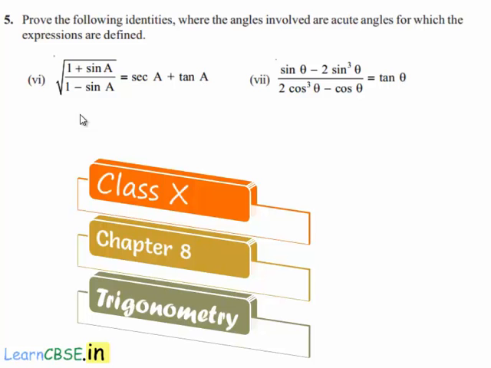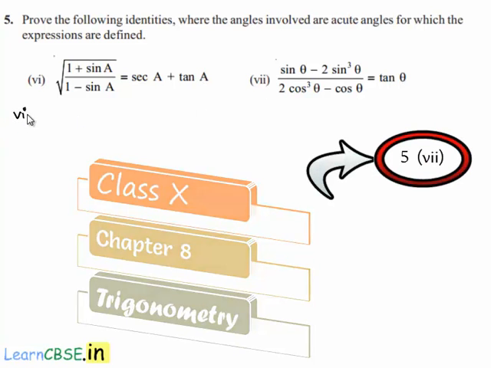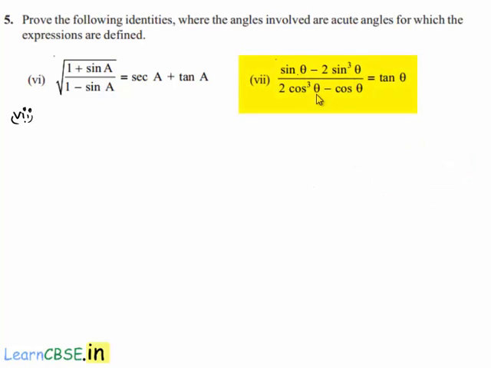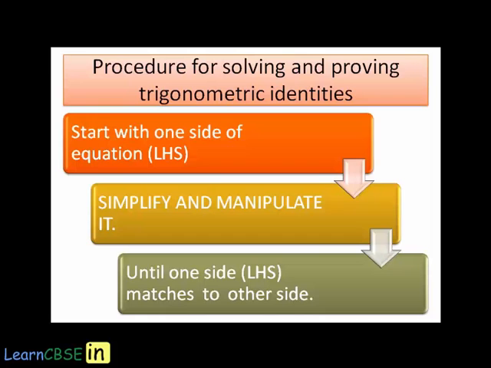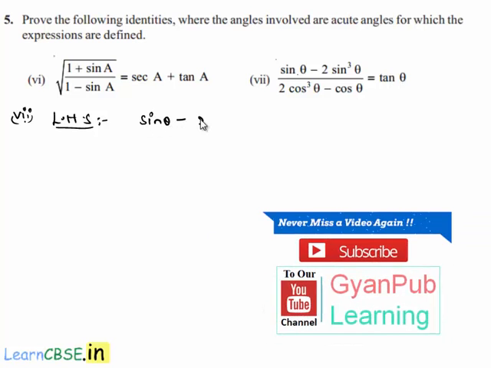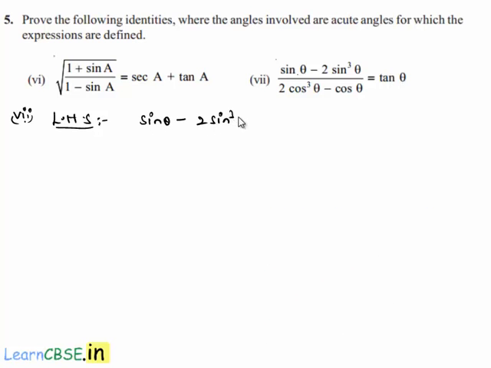Now moving on to the 7th bit of the 5th problem. He has asked us to prove that (sin theta minus 2 sin cube theta) by (2 cos cube theta minus cos theta) is equal to tan theta. In order to prove this, let us consider the left hand side, that is sin theta minus 2 sin cube theta, divided by 2 cos cube theta minus cos theta,